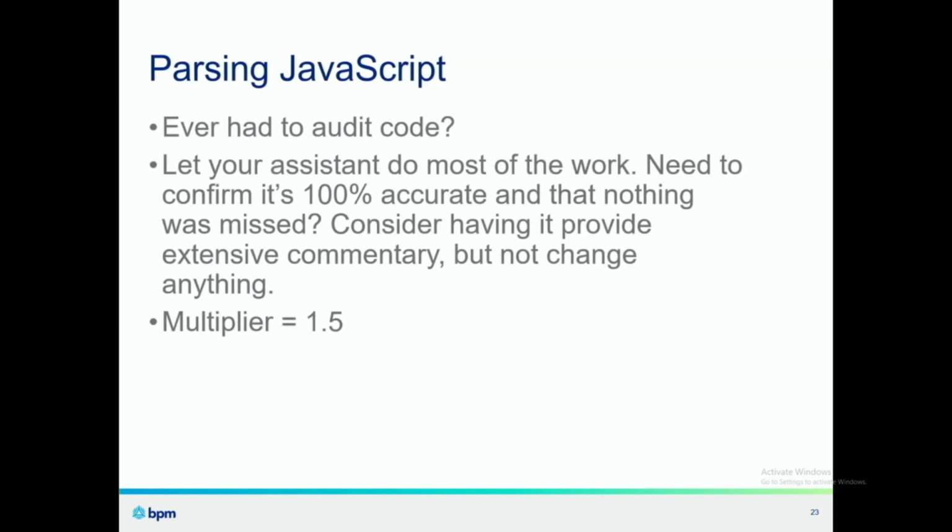Some other ideas. Parsing code. If you've ever had to do a code audit, such as JavaScript, or even just dev it and you're working with someone else's code, it can be a nightmare trying to go through that code and figure out what's going on. In fact, one of the first steps I often do when looking at JavaScript I'm not familiar with, especially if it's obfuscated for malware or just simply to hide it away from a would-be attacker, I'm often going through changing variables to more English-sounding names, providing comments, and then once all that's done, going back through top to bottom to understand what's going on.